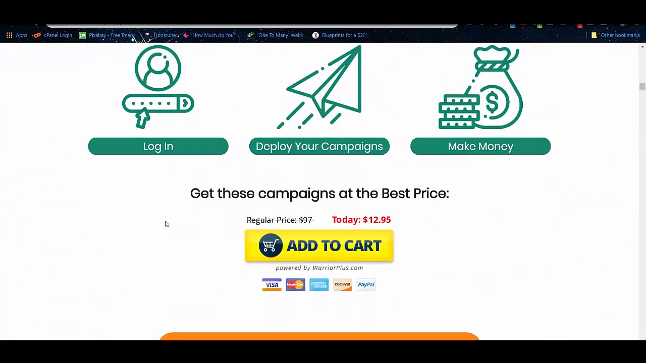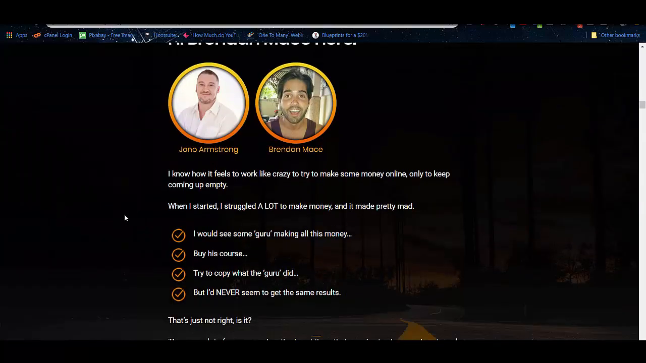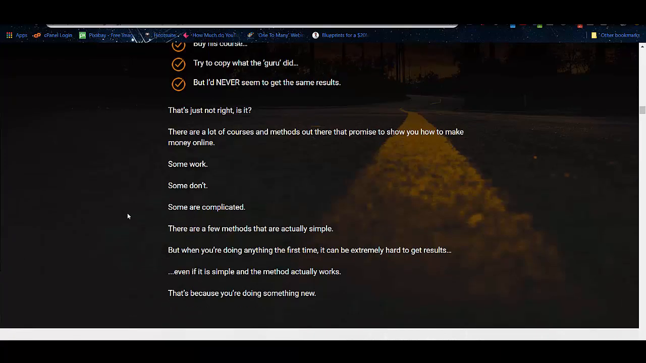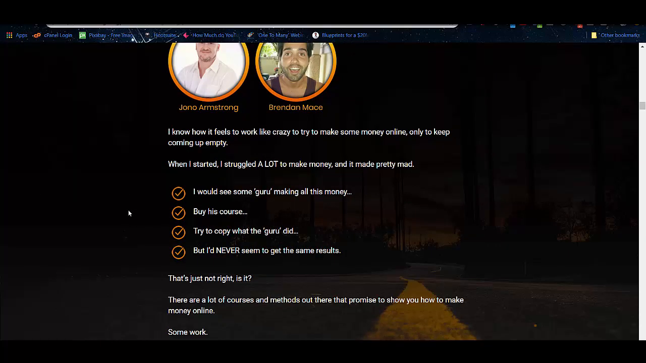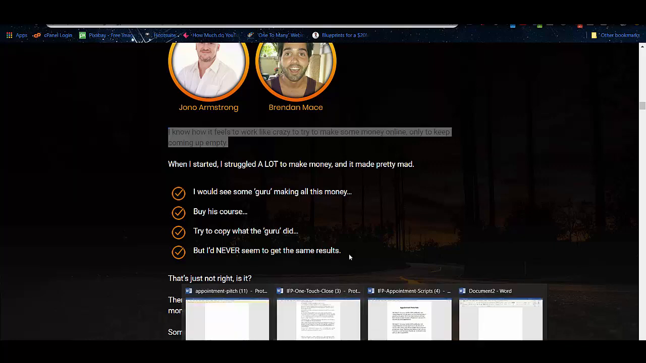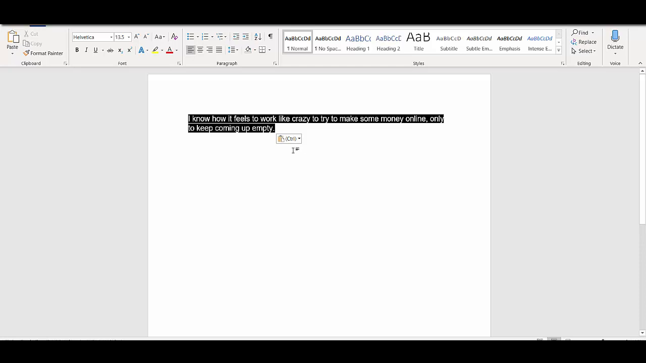So all we're going to do to create our emails is look at their sales page. I'm not a very big fan of just using swipe files, because a lot of people don't create swipe copy this way. But for me, this is probably the best way to do it. So we're going to take this line here: "I know how it feels to work like crazy to try to make some money online only to keep coming up empty," right? And we're going to put it in a Word document like that. All right. And then right underneath it,